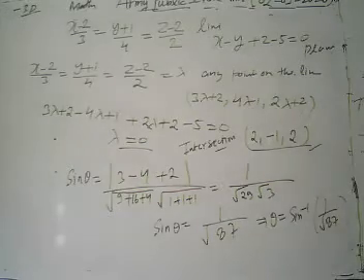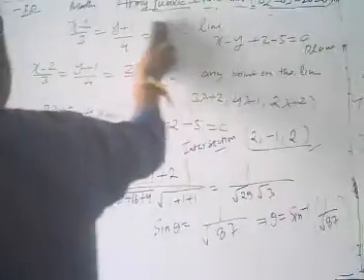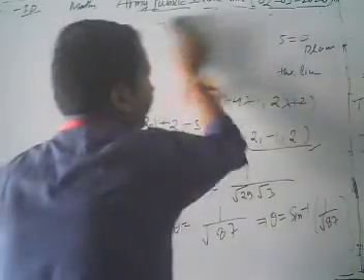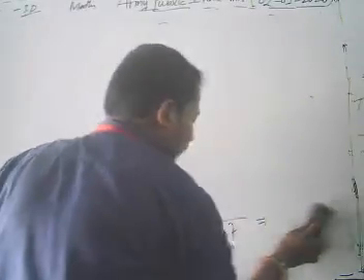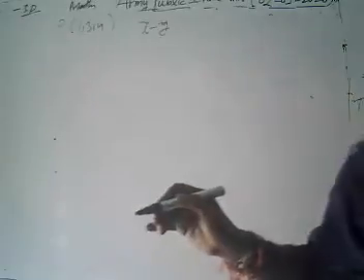We have also found the coordinate. Now we are going to move to our next important question: how can we find the image of a point in the plane? Because we have discussed the question of finding the image of a point in a line, but now we are going to find the image of a point in a plane. Find the image of the point P, which is (1, 3, 4), in the plane x minus y plus z is equal to 5.